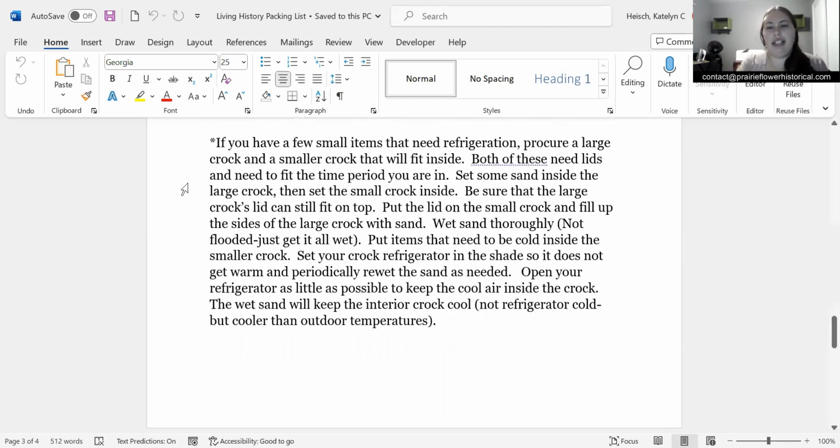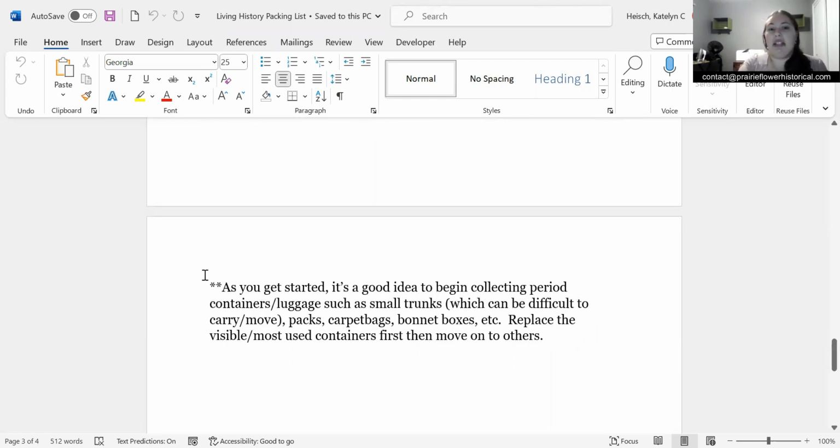If needed. I tend to not, I've actually never done this. I've heard it's really good, but I've never done this because I just don't bring things that need to be refrigerated. And then I made a second note: as you get started, it's a good idea